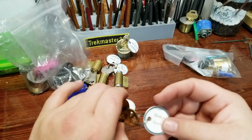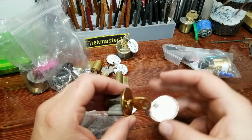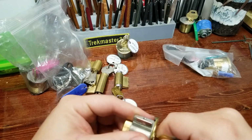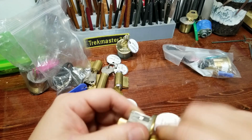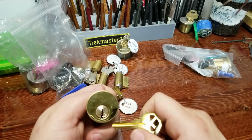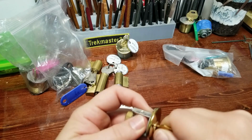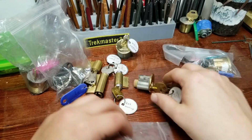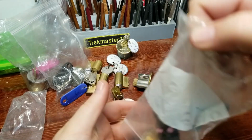I've got a Quickset here. It's called, ooh, Shiny, because it is a shiny lock. And it's also by Cameron Dunn. And it might help if I pull the key out with it in the right position. If the key wants to come out. There we go. Yeah. Nice, shiny, brand new Quickset. Being so new, it actually might be a tough little challenge lock. And at the rate the key's hanging up a little bit, there might be some special sauce in there, so we'll definitely see. And then right here I've got